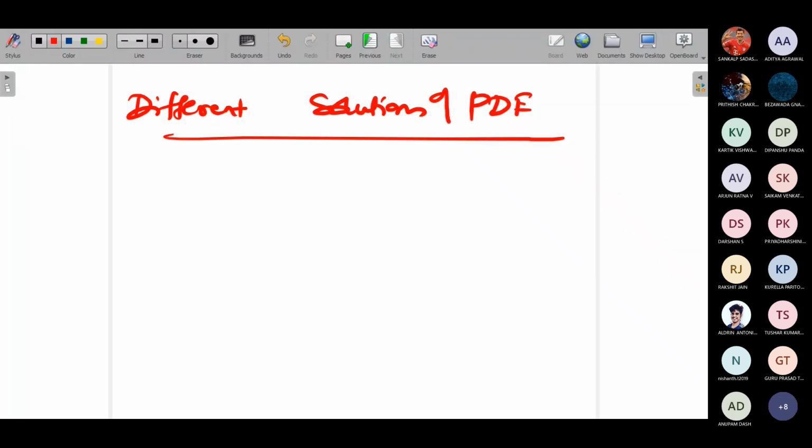Different solutions of PDE. Generally, you have a function z is equal to ax plus by. You can take z is equal to ax plus by, or z is equal to some function of x given y, or y given x, anything it can be. For any equation, you are going to find the different solutions for the PDE. Generally, you remember when you solved ordinary differential equations, how did you solve an ordinary differential equation?